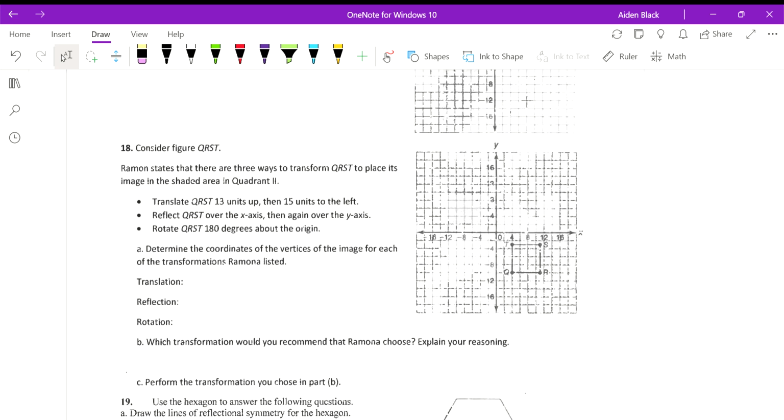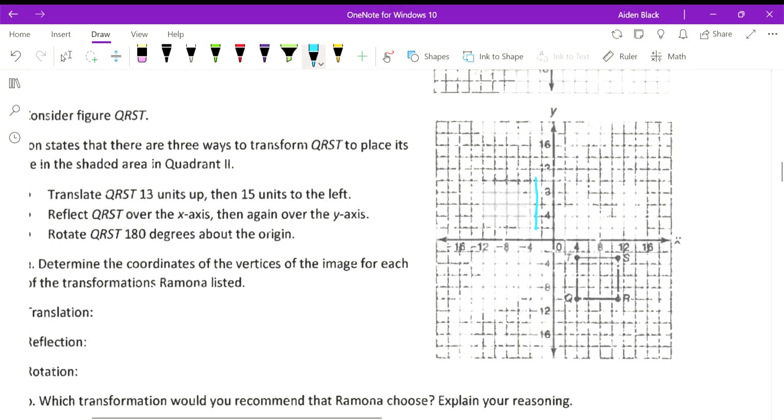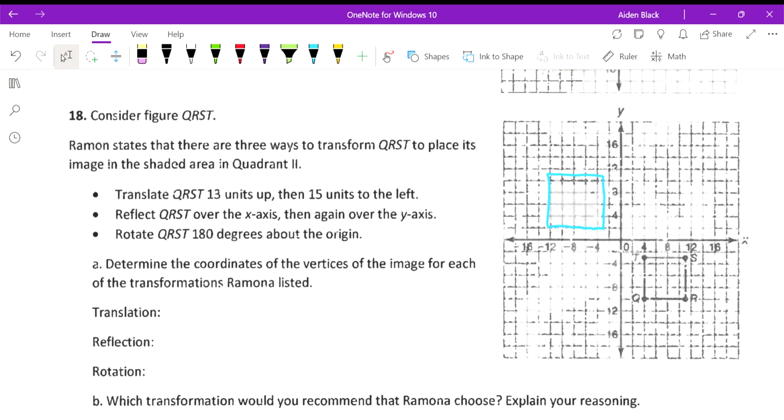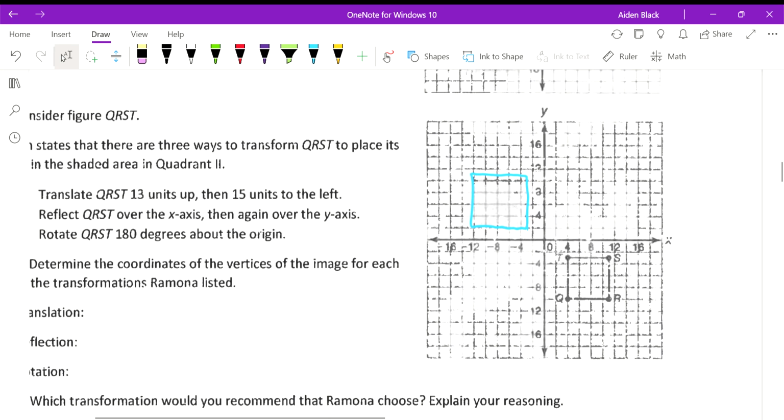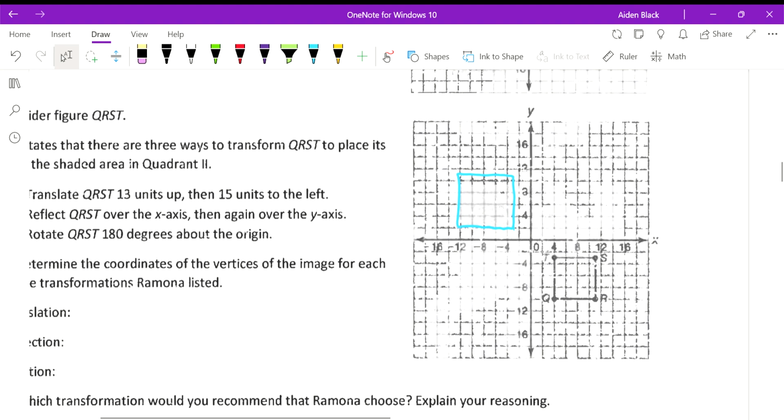Ramon states that there are 3 ways to transform QRST to place its image in the shaded region in quadrant 2. So here's our shaded region. Let's zoom in. So it says translate QRST 3 units up and then 15 units to the left. Oh goodness, these go in 2, so this would be